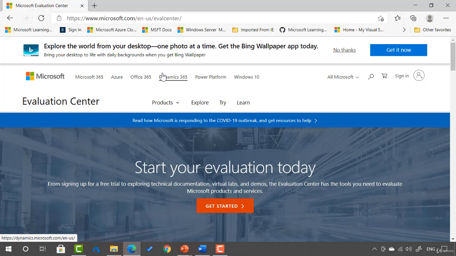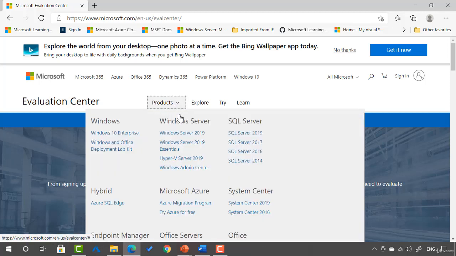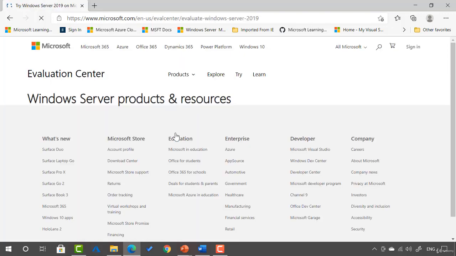If you want to navigate this site yourself, what I'm going to do on the site is just click on Products here, and you'll see they have Server 2019, 2019 Essentials, Hyper-V. Now I'm just going to click on Windows Server 2019, even though we're here to look at the Hyper-V download. What's interesting here,